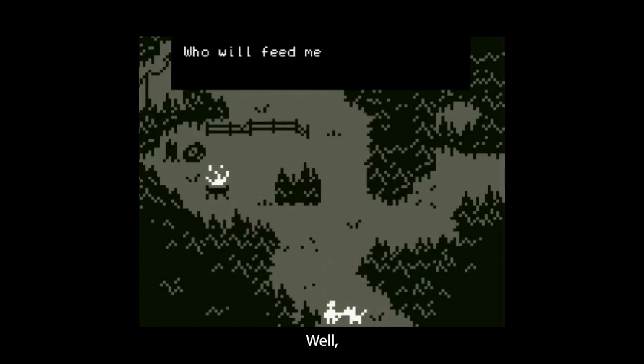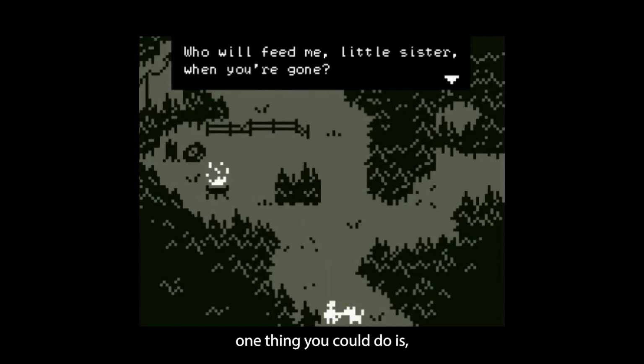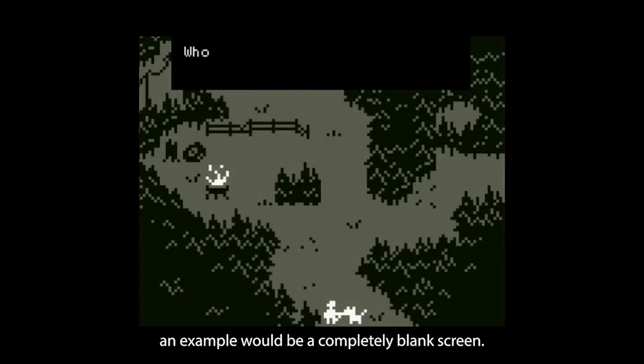What can you do? Well, an example would be a completely blank screen. That's not a completely blank screen. That's actually a screenshot from a game called Blindscape, where the entire game is played in the dark because your main character is blind. You get around by listening to the environment and narration, and then tapping on different parts of the screen to find your way around.